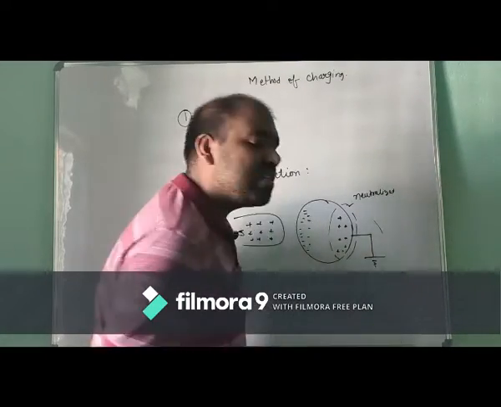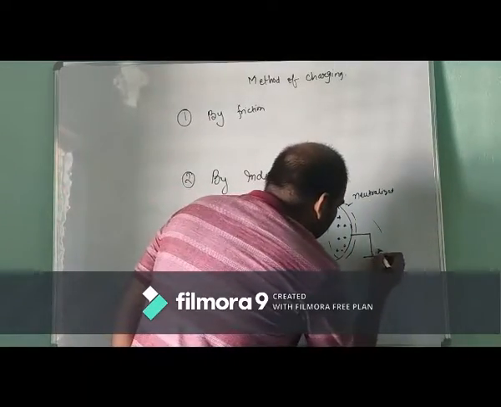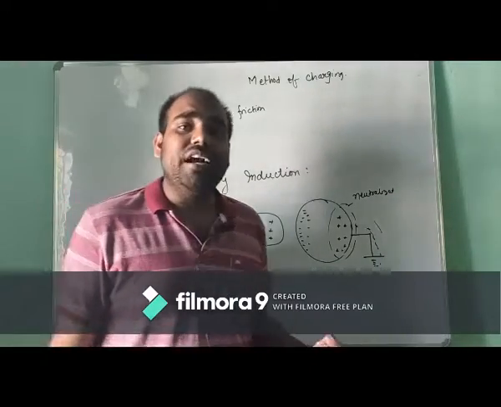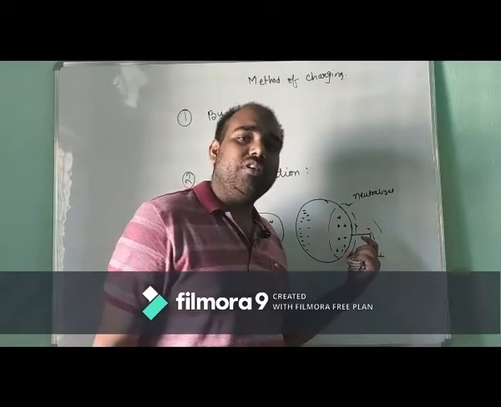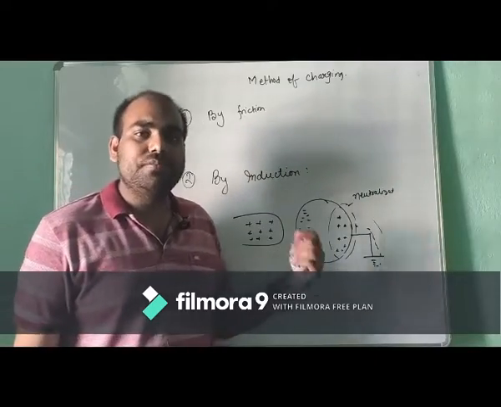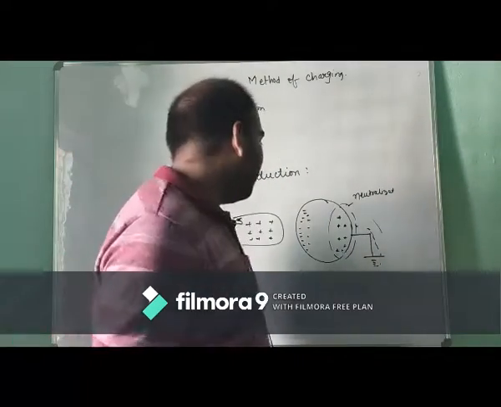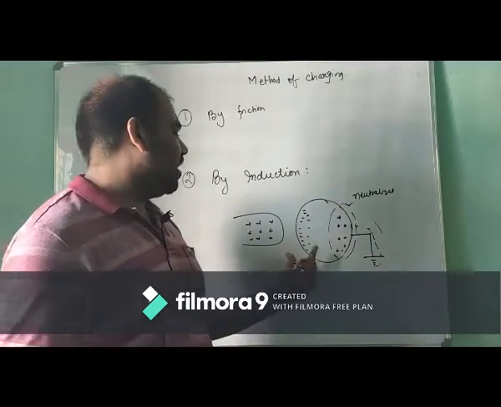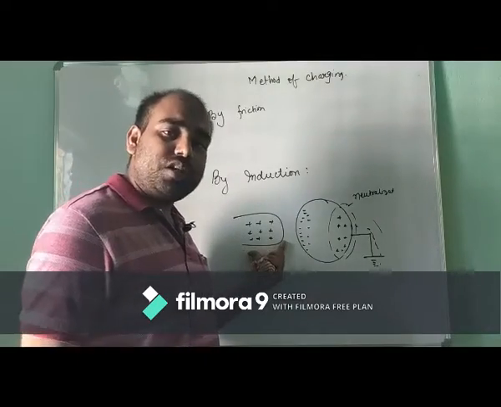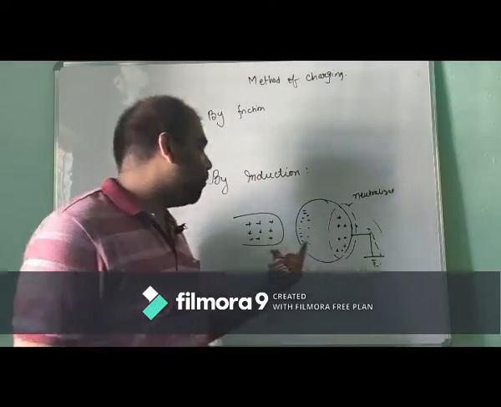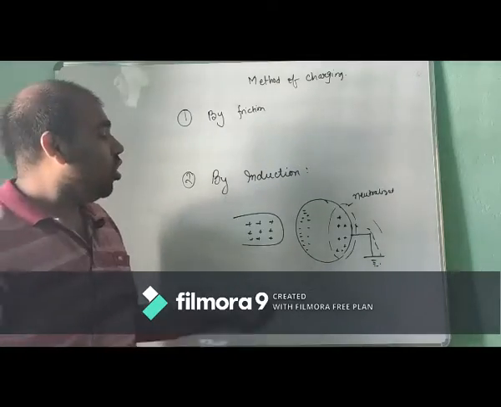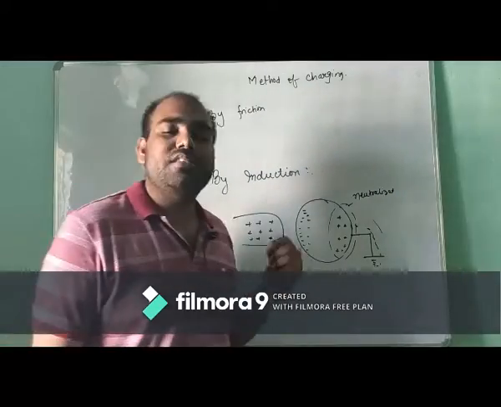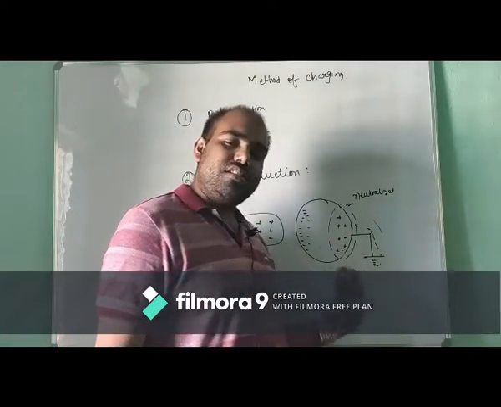And how will this be neutralized? Basically, electrons will flow from the earth and neutralize this positive charge. Now the question arises: why does this positive charge get neutralized, and why not the negative charge? To answer this, we ask which charge is bound. This negative charge is bound with the external positive charge, while this positive charge is not bound. So obviously the charge which is not bound will easily be neutralized. So this positive charge gets neutralized here.